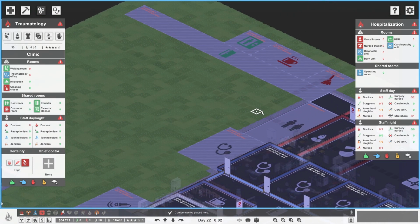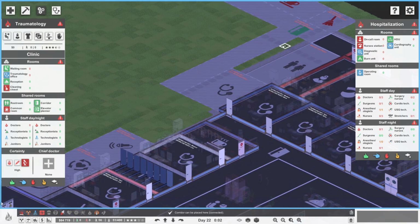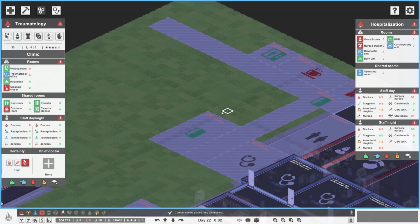So hang on. So a corridor could come along like that, look. So it comes along like that. So you come through here from the emergency clinic, walk round the corner, and you're in traumatology. Okay, that makes sense. And then we'd have a reception, maybe here possibly, like that. And then over here we could have...